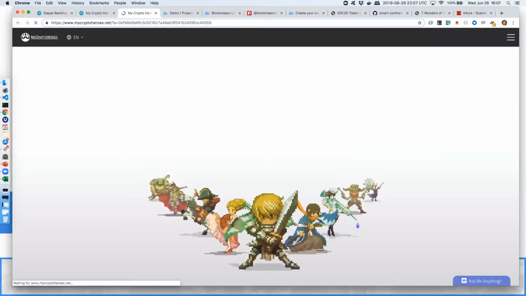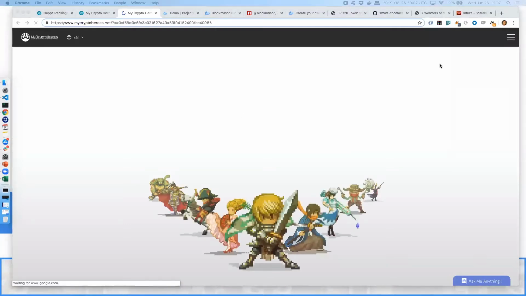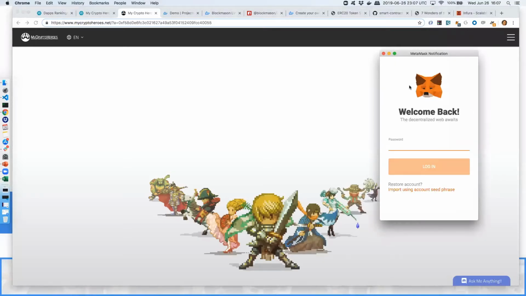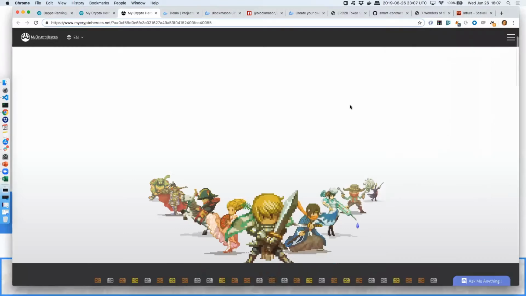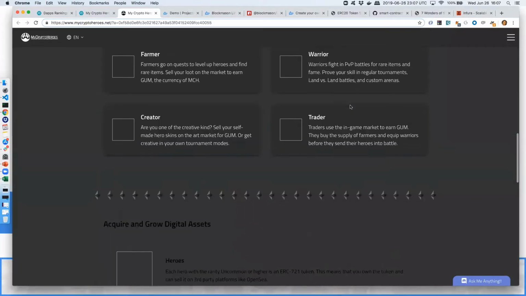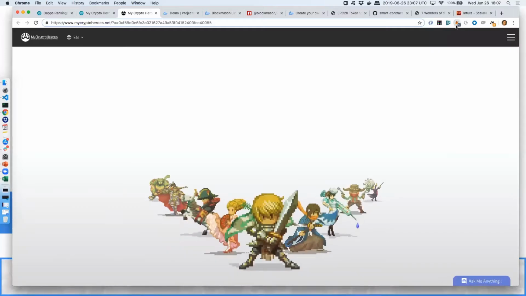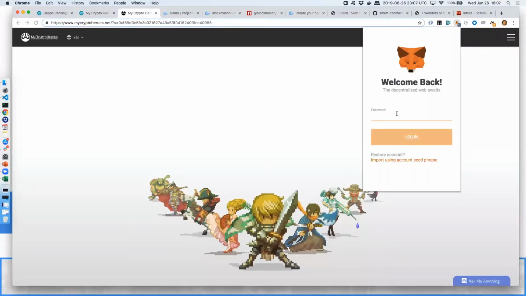And so the first thing that I have pop up here is a request to access MetaMask. If I don't enable this, you can see that there's a lot of information here that I don't even get access to in the first place. And so if I do log into my MetaMask account,